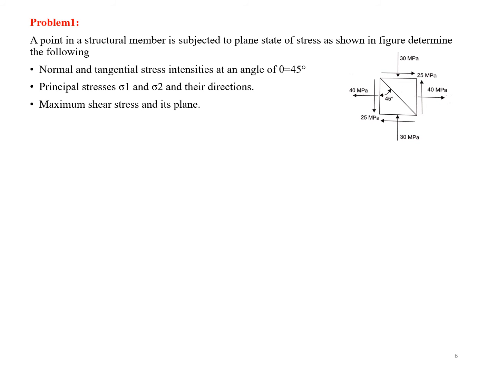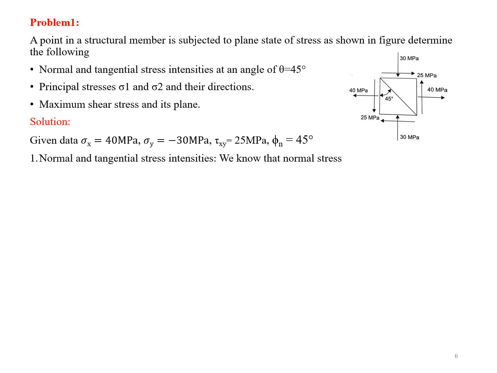So we have to just substitute the values of sigma x, sigma y and tau xy from this equation. We know the equation for the normal stress and tangential stresses. So first we write down the data for this. Given data are sigma x is equal to 40 MPa, sigma y is minus 30 because it is inwards work, it is taken as negative. Tau xy is equal to 25 megapascals and phi n, nothing but the angle of inclination with the vertical, is 45 degrees. So directly they are given the angle.